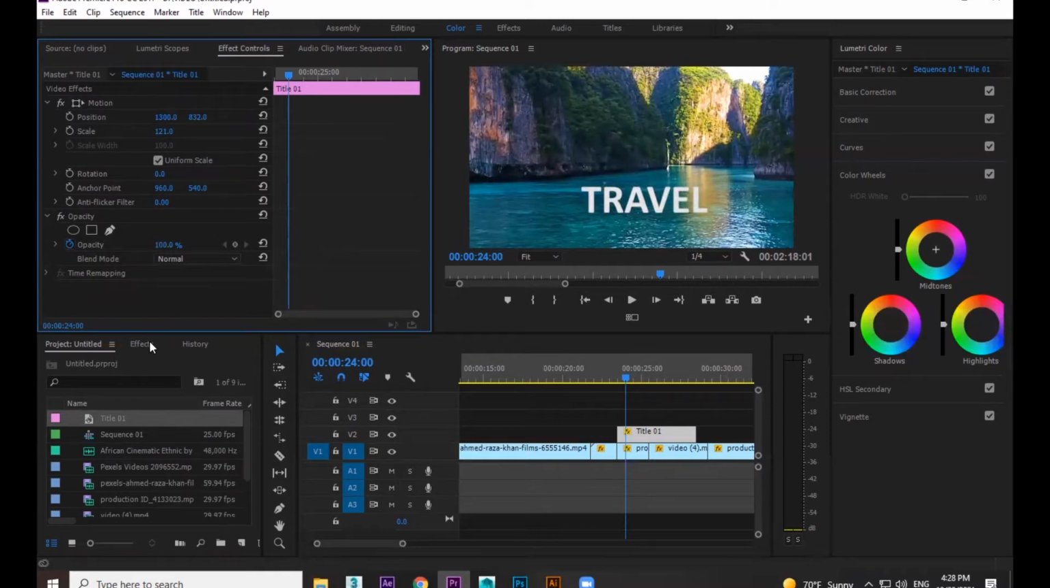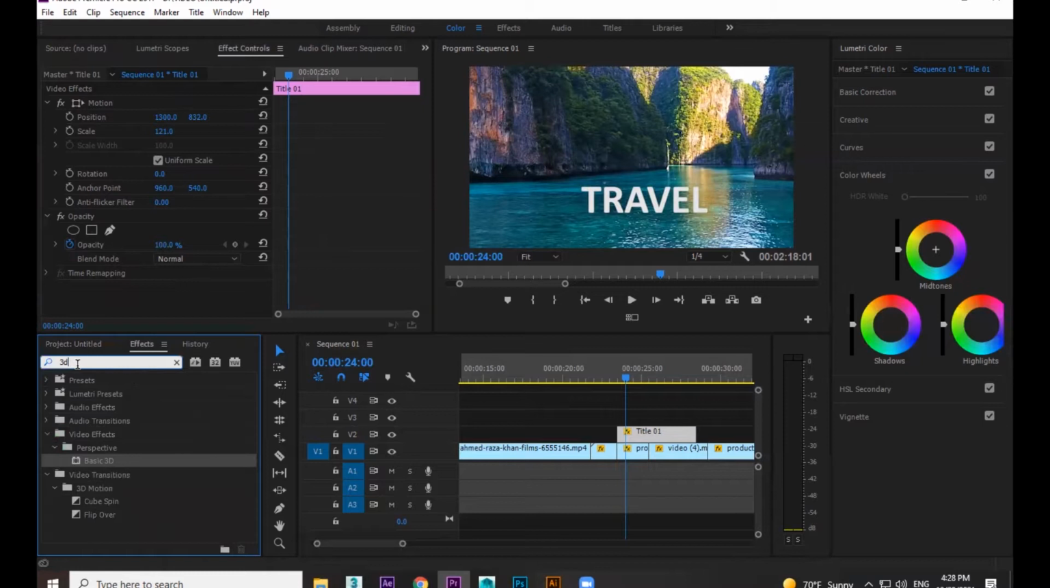Then we are using the effect called 3D. Just type it over here. If you know any word in that effect, the first or second letter, when you type, it will automatically show you where it is. Otherwise, sometimes it's difficult to find where it is. After some experience with the software, you will know which category is available under which folder. Now this basic 3D is in video effects, perspective. So this one I drag and drop on